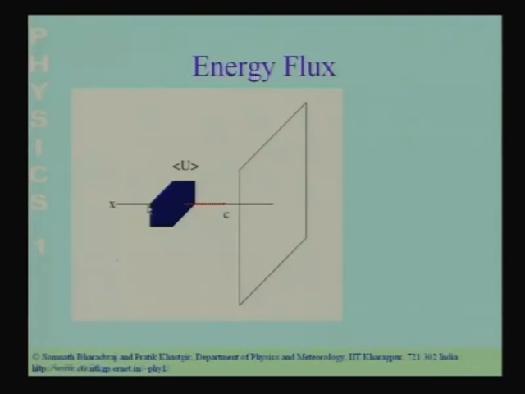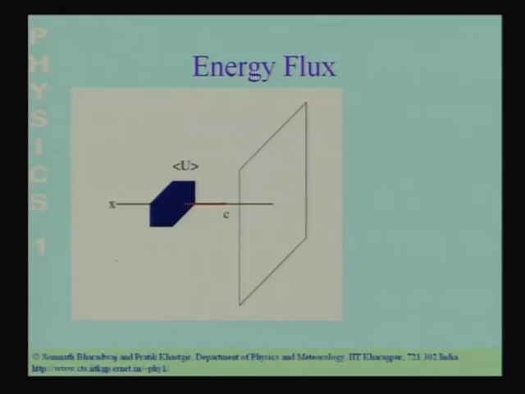So, what is the energy density? By energy density, we mean the energy flux. So, this is what we call energy flux. The energy flux is the energy which crosses per unit area of the surface in a unit time, and this is the energy density into c, because the whole thing is moving forward at a speed c. So, if you take a unit area and ask the question how much energy will cross it in a second, the amount of energy that will cross it in a second is the energy density into the speed at which it is moving, which is c. So, this gives us the energy flux.